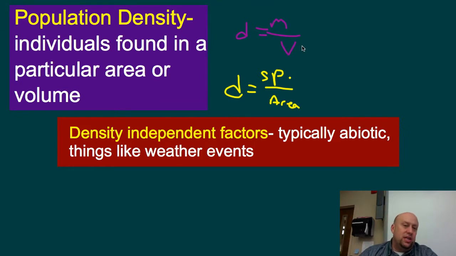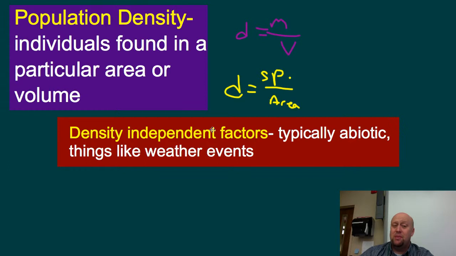And to go along with this, to determine what happens to a population, we have what we call density independent factors. When we say independent, it means that it doesn't depend on the density. Those are usually abiotic factors, things like weather events. There are some abiotic factors that are dependent on the density, something like the amount of water. If there's a high density, then obviously those organisms are going to be using a lot of that water. But we have density independent things like weather effects or fire that may not be dependent